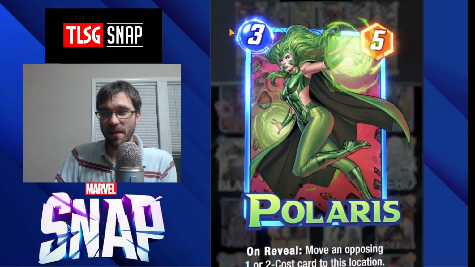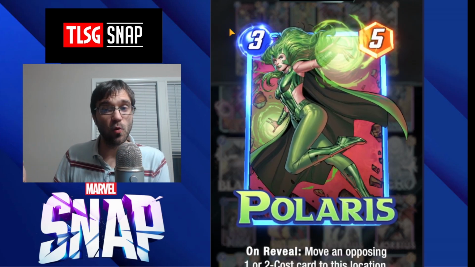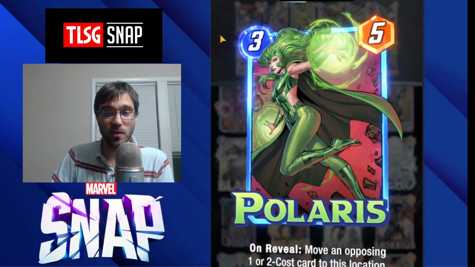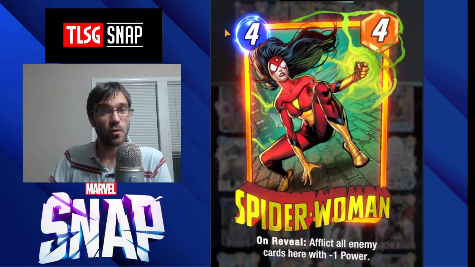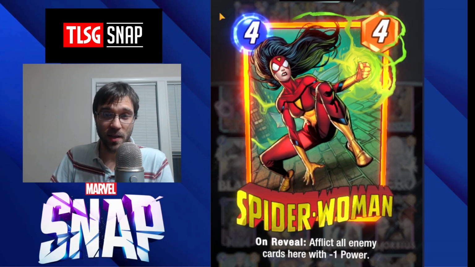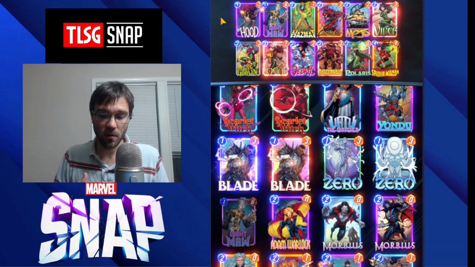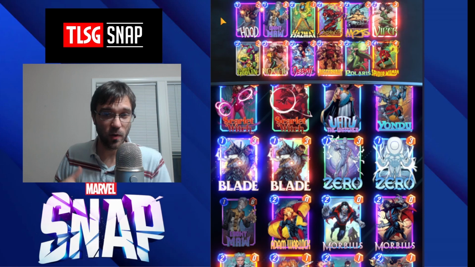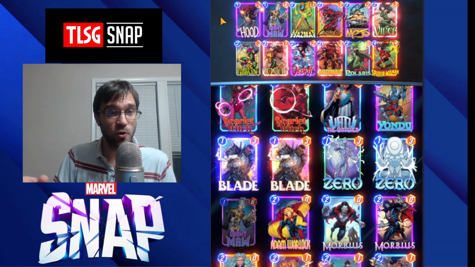And then Polaris being a very similar card, except we can kind of guarantee that a card is going to get picked up and pulled over, because Polaris on reveal, move an opposing 1 or 2 cost card to that location. And then rounding out the deck list, we have Spider-Woman. So Spider-Woman on reveal, afflict all enemy cards with -1 power. So this becomes a 4 cost, 8 power swing if you can drop this into a full lane for your opponent. So I think this is the perfect card to kind of finalize like a Mojo lane